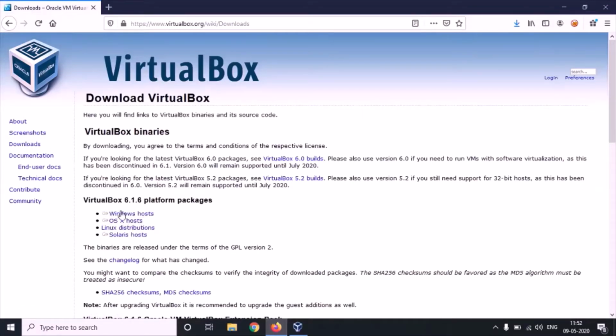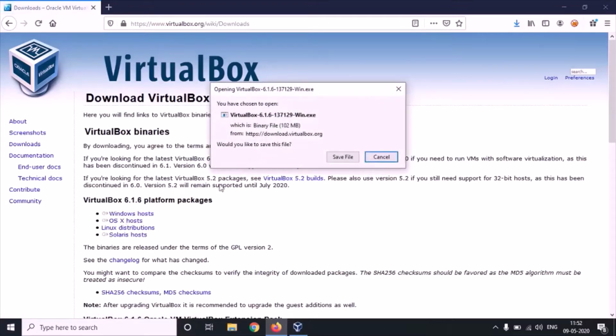Select your host operating system. For example, in my case, it's Windows. Just click on save file and the download will complete. The setup is pretty simple. It's nothing complex. You just have to click next and your work will be done.